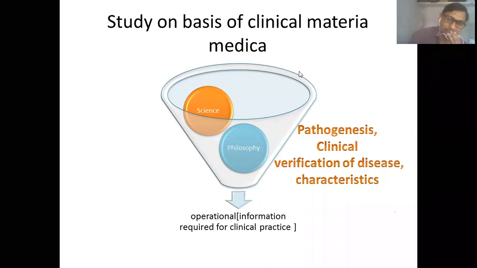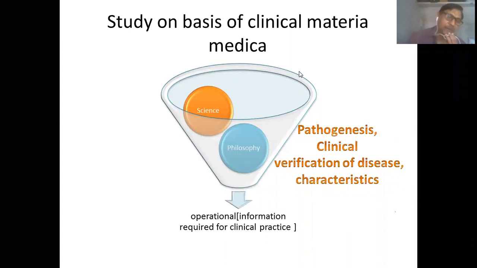Then again, the clinical verification of disease. For example, aconite is there, arsenic is there, bacteria is there, and cocculus indicus. These four remedies have the pathogenesis of producing, say, bacterial fever. But we don't have any information in the routine materia medica about which medicine out of these is good for viral fever, which medicine is good for enteric fever. So such clinical